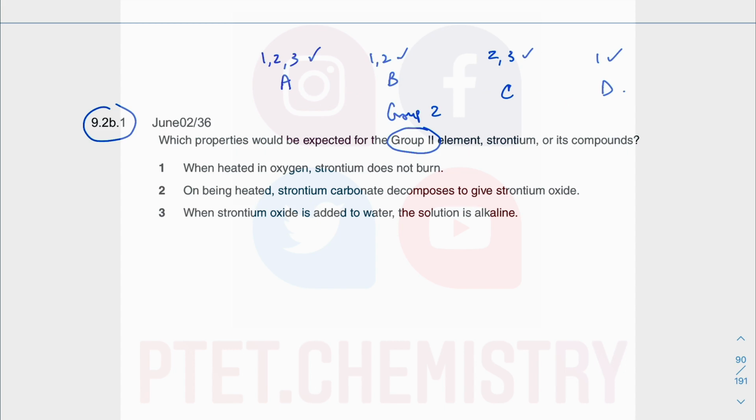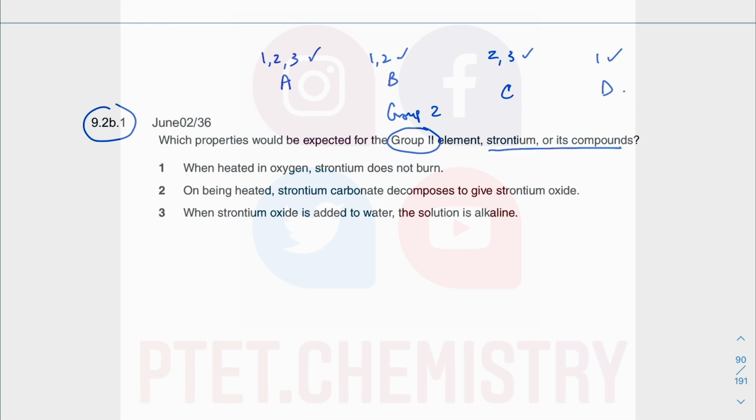Although this kind of format has been adopted in a couple of other examination bodies that I've seen, such as the IB as well as the Scottish equivalents of A-level, and a couple other exam bodies which I can't be bothered to name right now. Okay, going into this first question, this is saying what would be expected of strontium